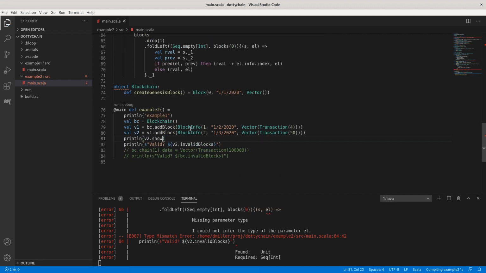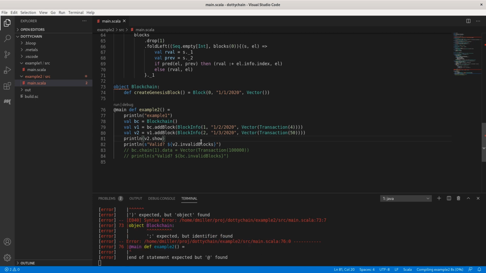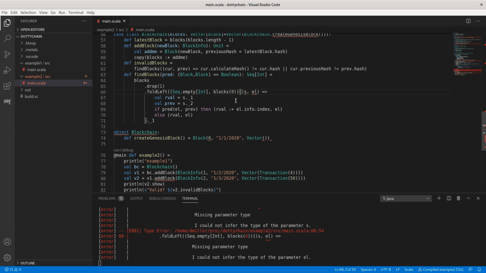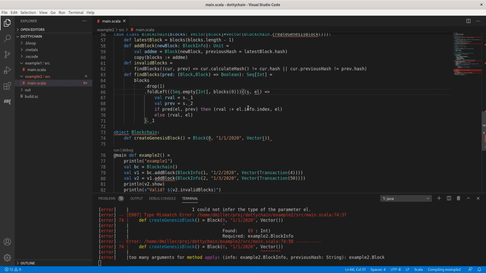And now let's take a look at our errors and get those corrected. So let's see, object blockchain. Looks like we have a bunch of errors. Not a surprise. Let's see here. I think one more. And then let's see here. Oh, add block. Value add block is not a member of unit. Okay, well that's clearly